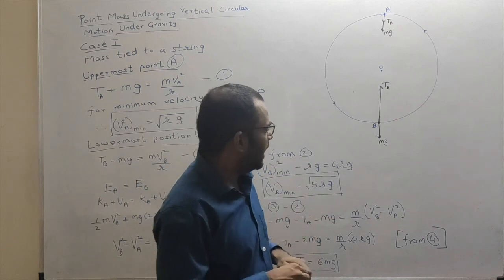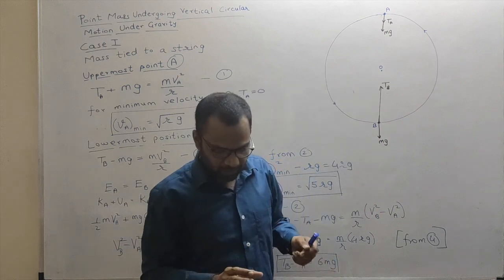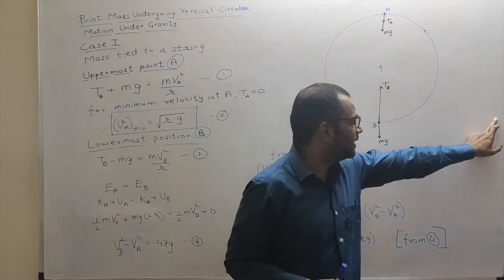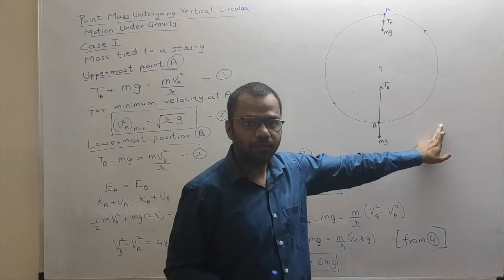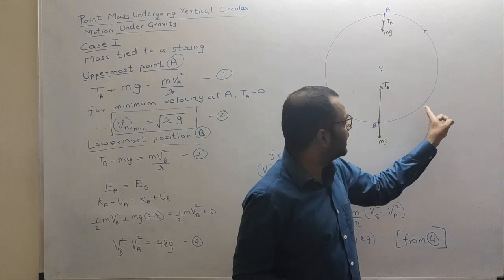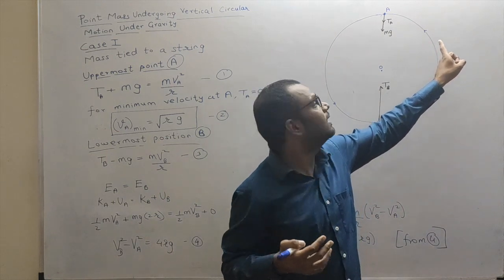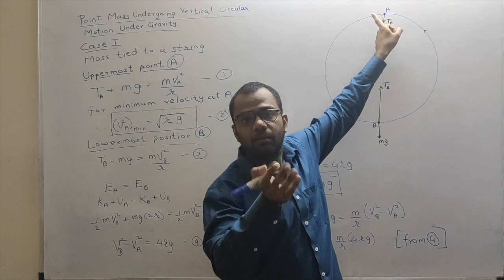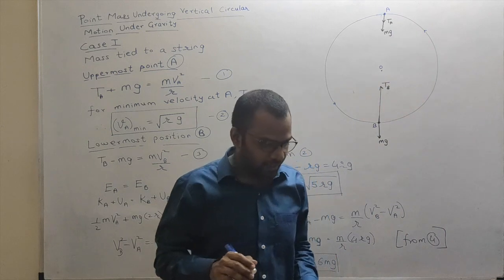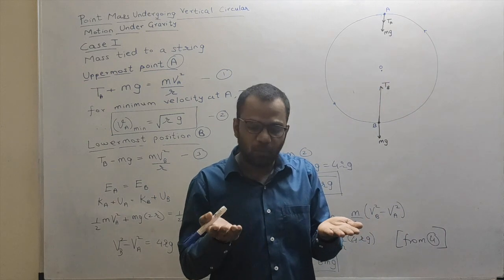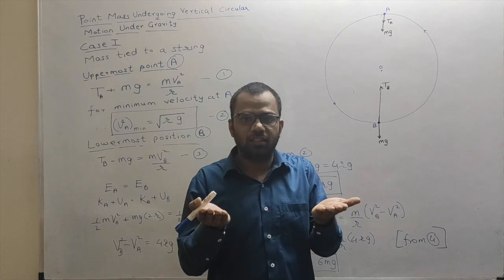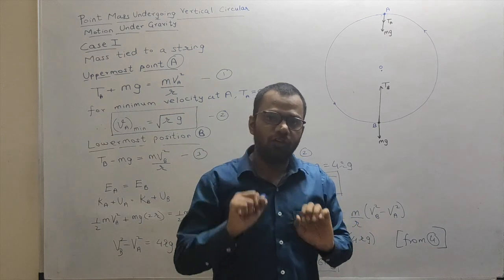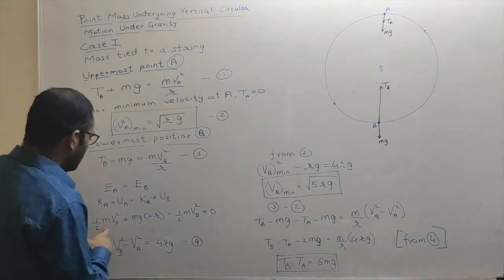Fine. So as we have discussed, there will be maximum velocity over here and hence maximum kinetic energy over here. If I consider this as the datum, potential energy over here will be 0. As it goes up, the kinetic energy is reducing and the potential energy is increasing. At the topmost point, I have minimum kinetic energy and maximum potential energy. Okay? So the net amount of kinetic energy plus potential energy everywhere is constant. Fine. If one increases, the other will decrease. The addition of both of them will always remain constant. Okay. So the same thing I have used over here.